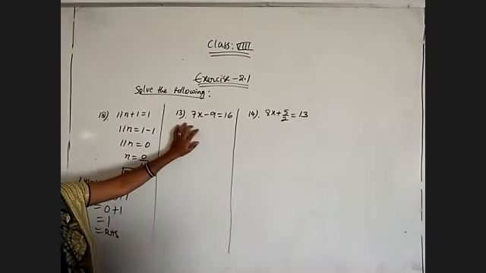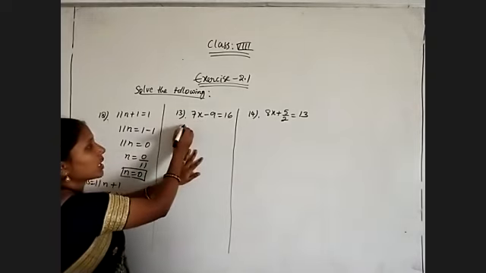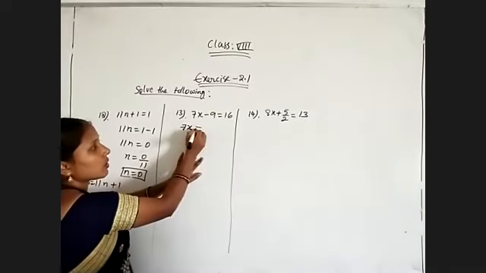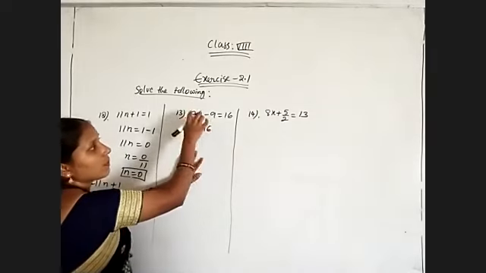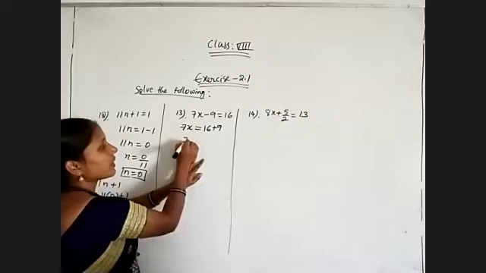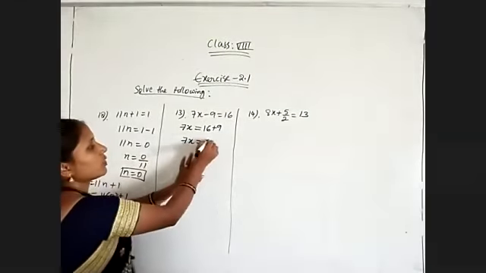This is very simple. So what do we have to find? The x value. Keep the x term here only. 7x I am keeping here is equal to. So first on the RHS we have 16. Minus 9, by bringing this side plus 9. So 7x is equal to 16 plus 9. How much? 25.